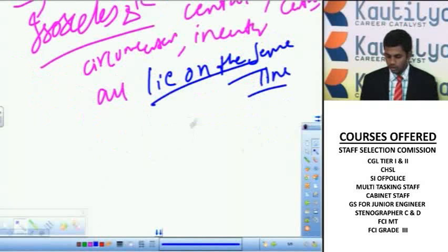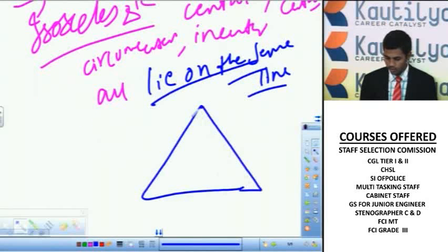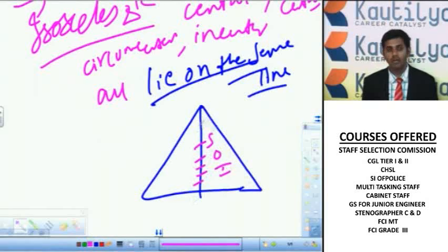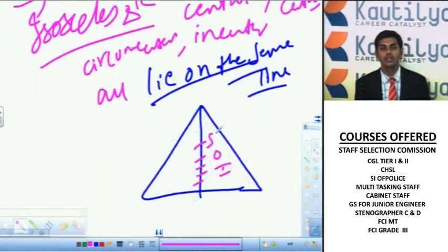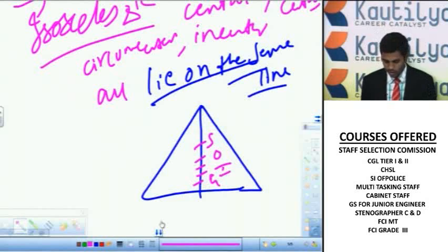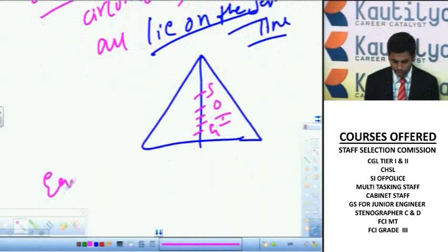Suppose this is a triangle and this is a particular line. Then the circumcenter, orthocenter, incenter, and centroid will be lying somewhere on the line depending upon the given positions. They will lie on the same line, but they will not coincide with each other. Whereas coming to the equilateral triangle,